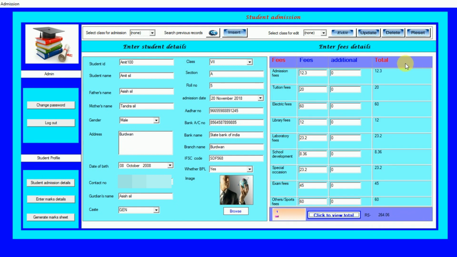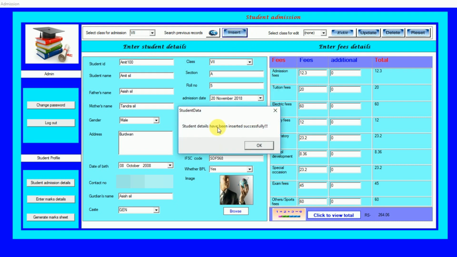Okay, so I want to insert this. So before proceeding, just click select class for admission. So select class, I want to admit the student in class 7 and insert the data. The student details have been inserted successfully. Okay,